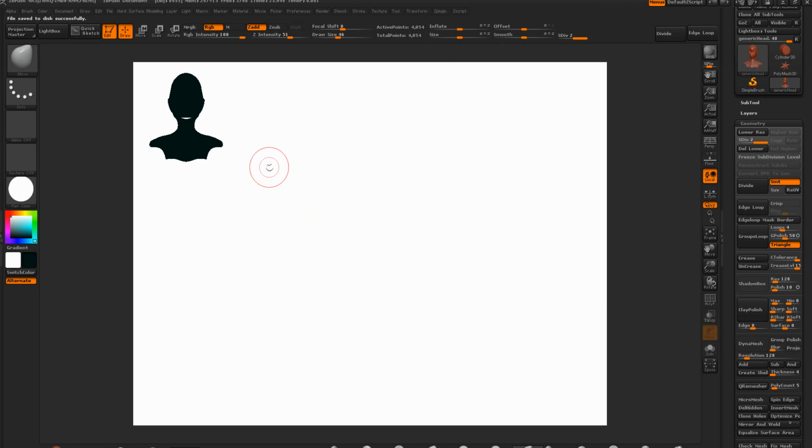So what I'm going to do now, because I've saved that model out, I'm going to press the Shift and the S key. This will do a snapshot of the canvas. Now if I move this, you can see that that model is on the canvas. If I pressed Control N, that would clear it. But now what it means is that I can make further changes with this. So I'm going to give him